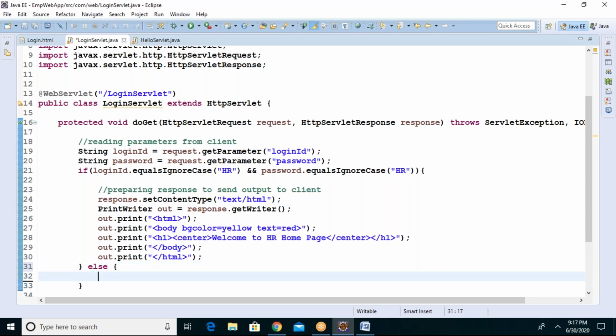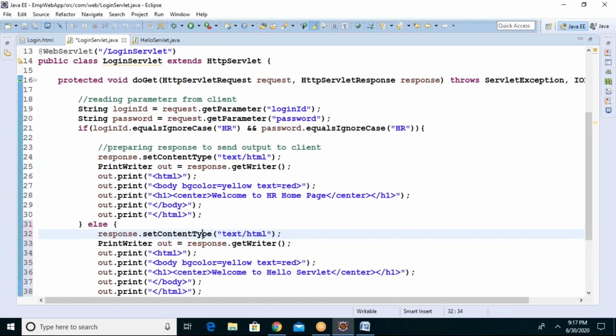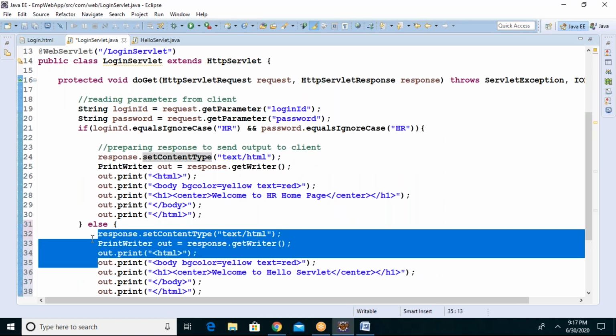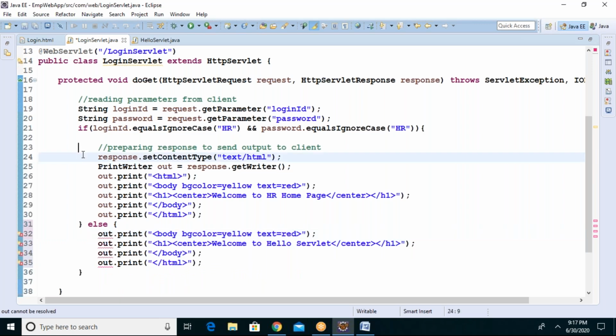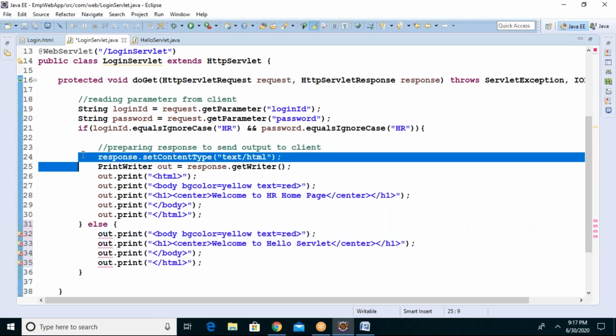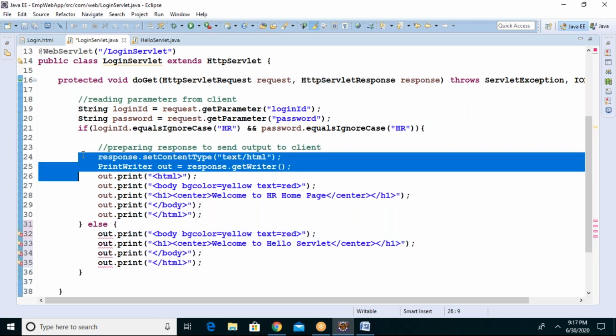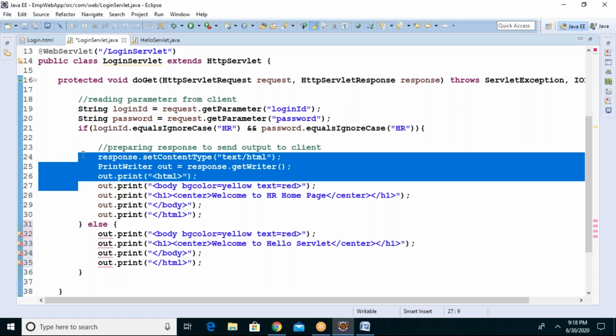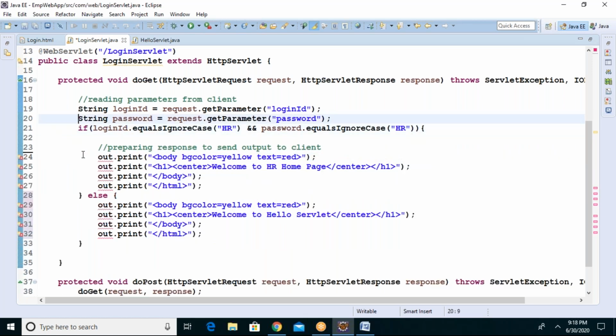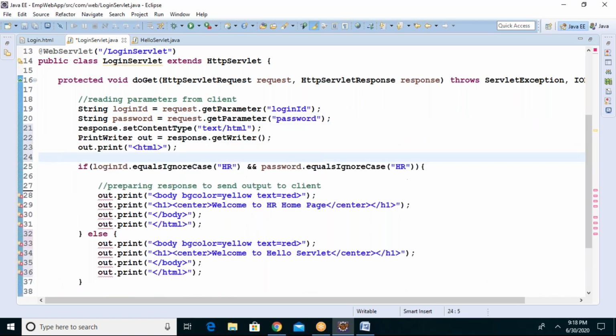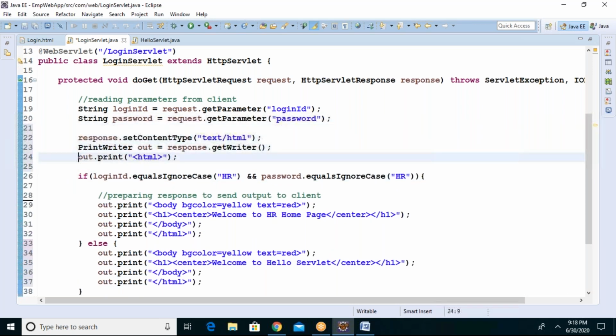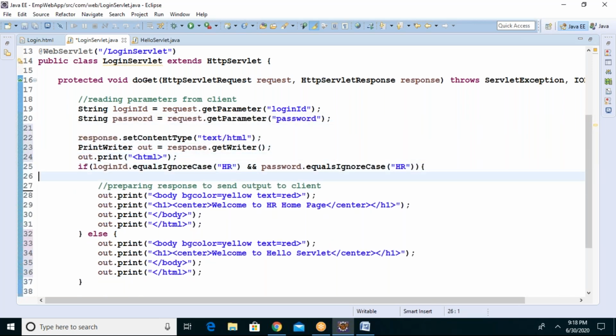I'll also put else. No need of this. Sorry guys, these are common. HTML is common, right? Yes.